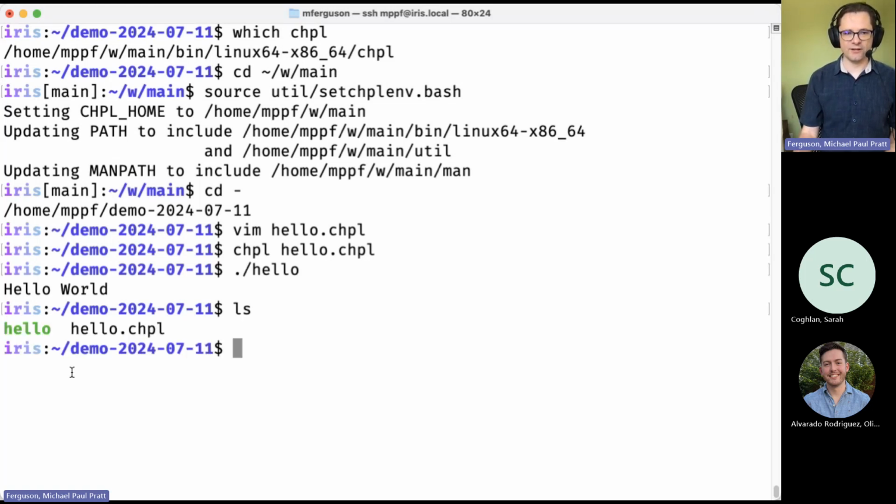You'll notice that when I compiled it, it created this thing. That's the program you can run. This is the source code for our program. And that's hello. From hello, we can go to configuration constants. I'm going to just remove, no, I don't want to remove hello. Let's make a